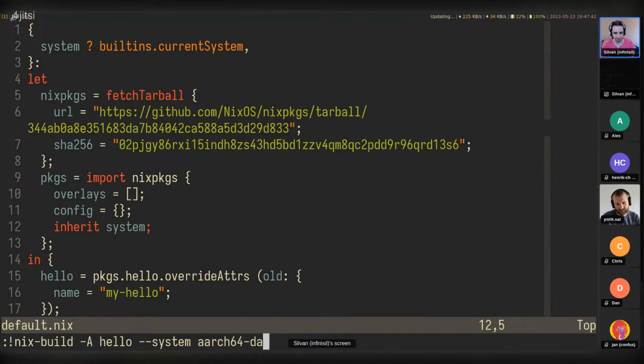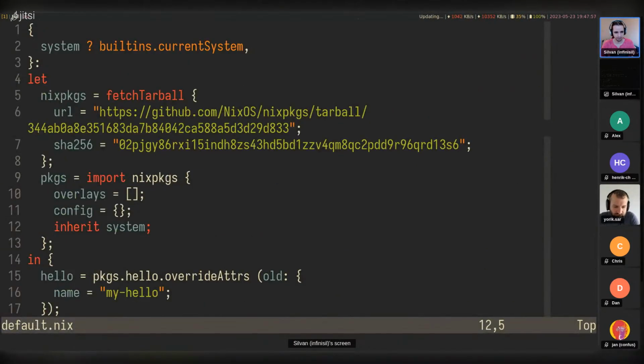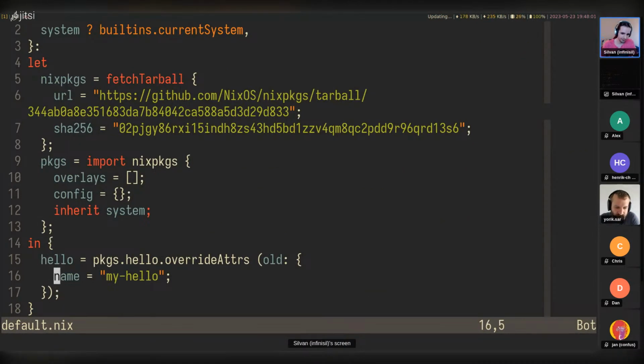So we can build it on AR64 Darwin. But we could also say on Linux, we could say argstr system is now AR64 Darwin. Anyways. Okay, but now let's see how the same, well, actually, one more thing. Here, how did I build hello?